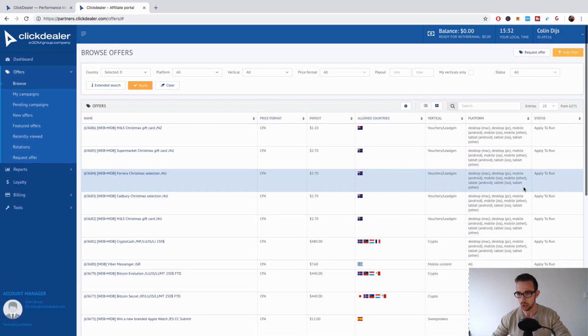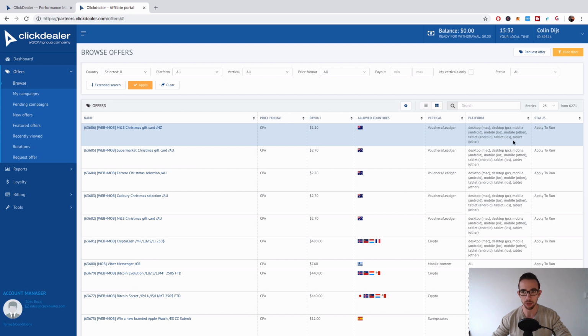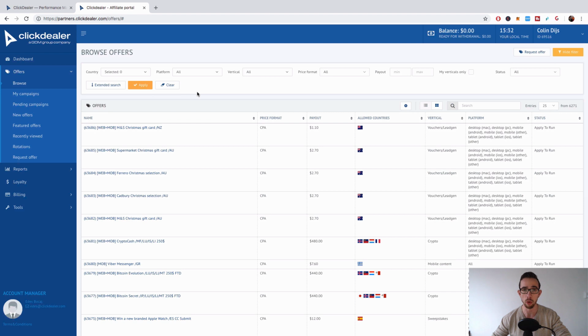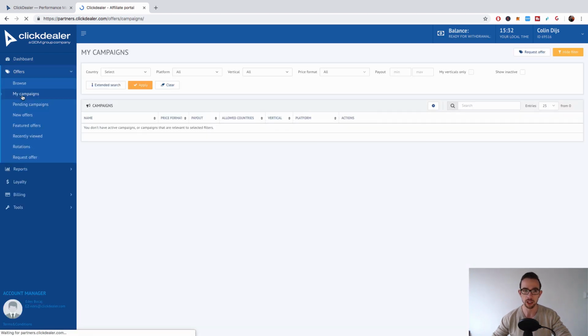So yeah, when you look here, the platform gives you some information on what is allowed to run, and then usually your affiliate manager can give you some more information. When you go to My Campaigns, that is where you find all the campaigns that you are running and you're approved for. Pending campaigns are everything you asked to apply to run, and your affiliate manager has to approve you for. The new offers is usually what they have added to the database in the last couple of days or weeks,